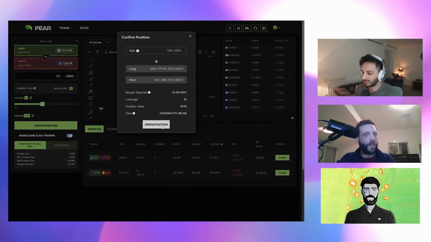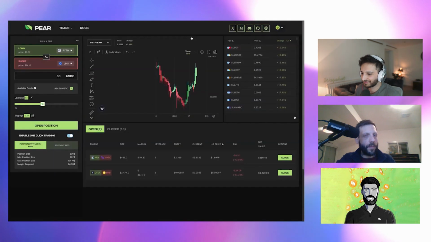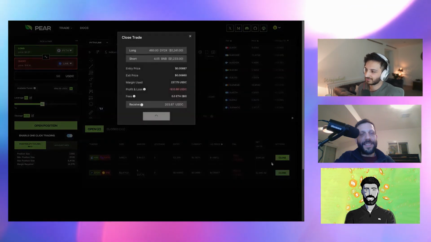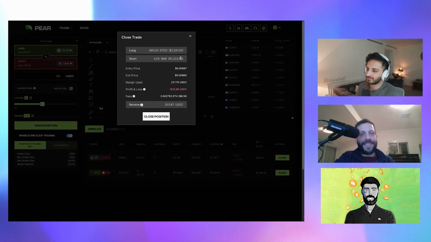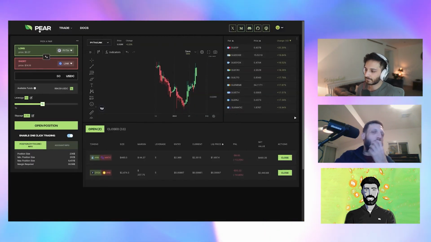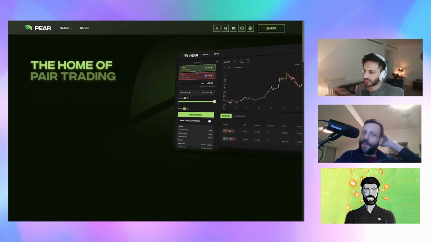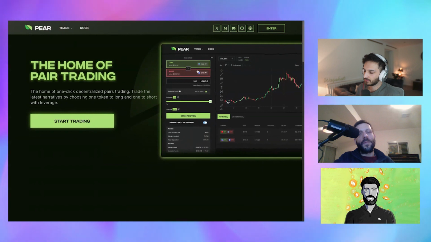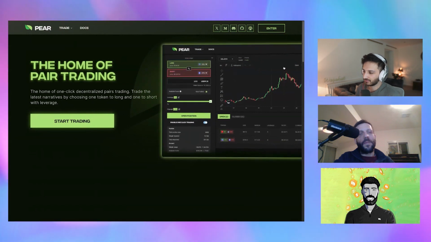So I did some trades earlier. They're underwater: long ARB and short Matic, which is kind of an EIP 4844 trade, and then long DYDX and short BNB, another kind of narrative trade. And I can close those in one click too. And so in essence, that's what we've built. We've built a pair trading platform where users can permissionlessly select any asset to long and short at the same time. What's really exciting for us is the intent-based thing, which I alluded to.